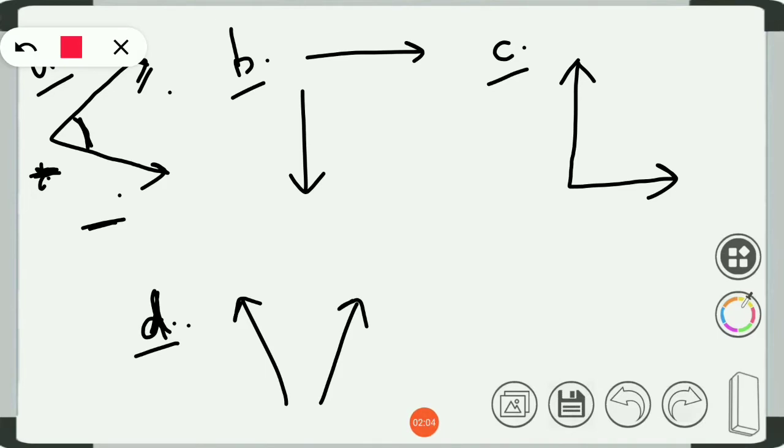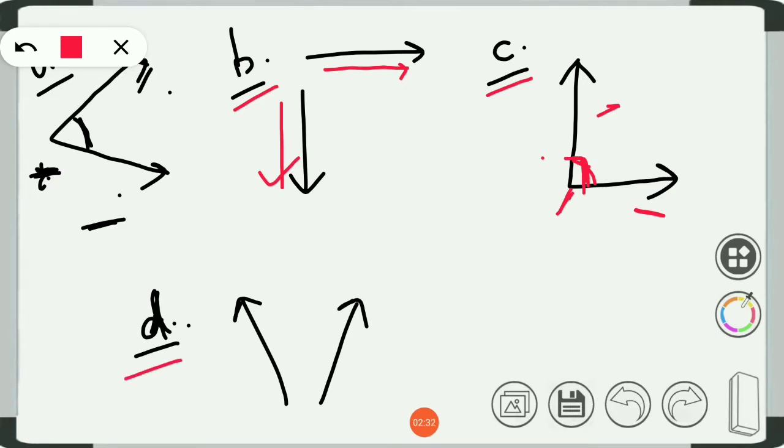In the same way, look at B. This line and this line are not joined, not connected with each other. It does not form an angle because it is not connected. Look at figure C. This ray and this ray are connected here. Two rays joined together by a common endpoint. This is the common endpoint of both the rays. It means this also forms an angle.